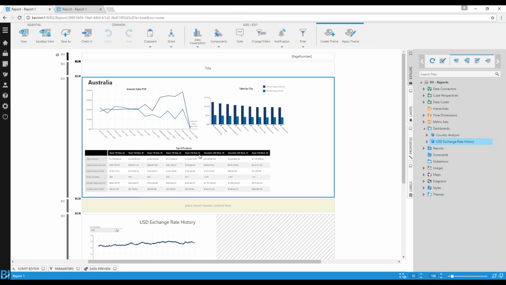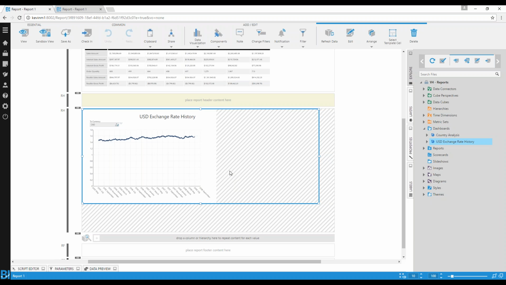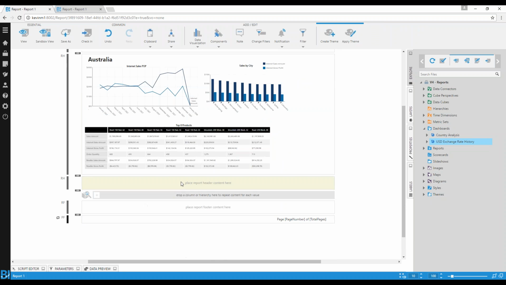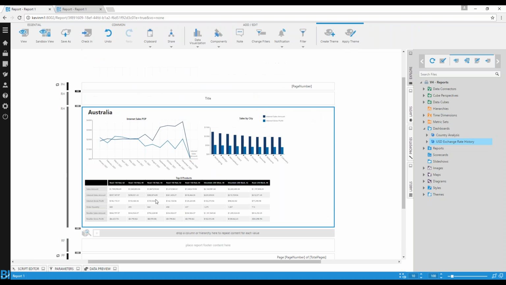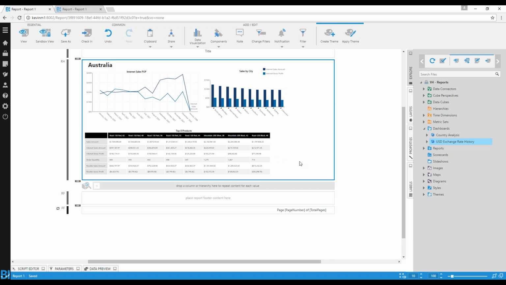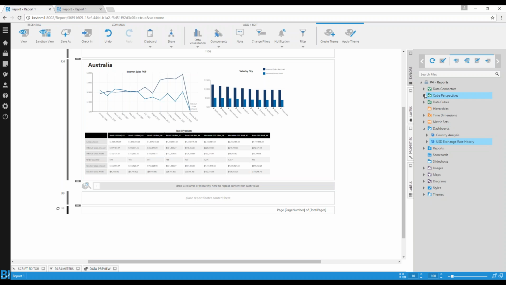So let me go back here. I don't need this extra template area. Same here. So I've got this dashboard. So I want to repeat this. So I'm going to go and actually take